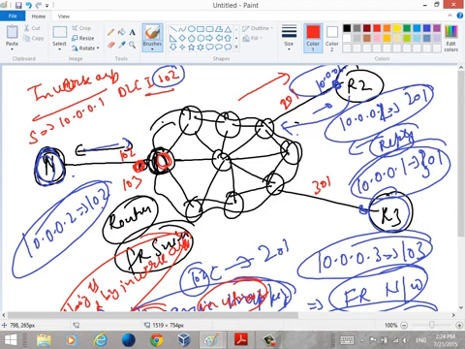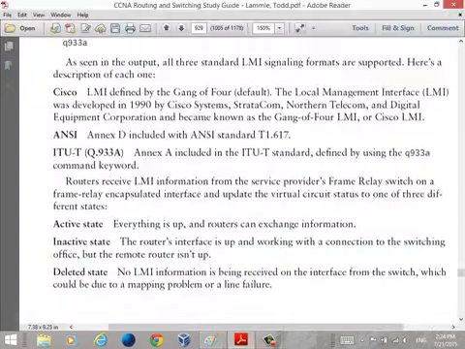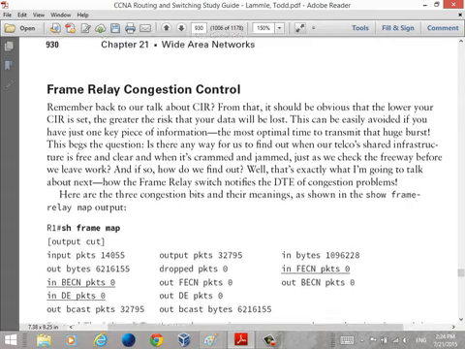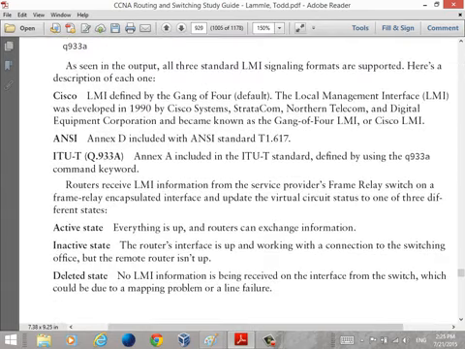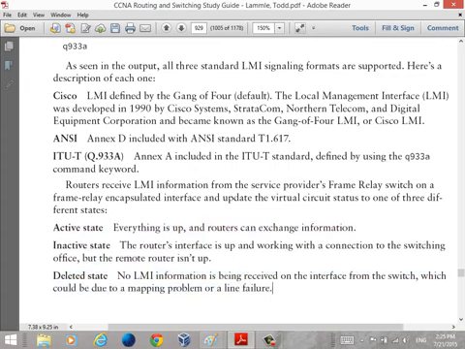Otherwise, the LMI working between R1 and the frame relay switch will always check whether this mapping is fine or not. Fine. Now guys, there are three states for the PVC. One is everything is up and routers can exchange. One is